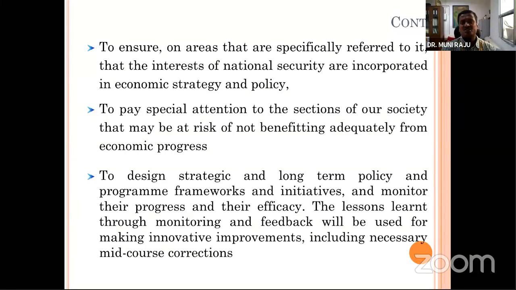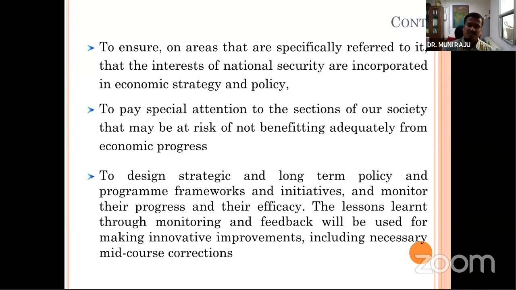To pay special attention to the sections of our society that may be at risk of not benefiting adequately from economic progress. We all know that in Indian society, we have certain segments of the population which have remained very backward and poor, especially the tribal population, scheduled caste population, backward class population, minority population, and disabled population. These are the segments of people who have their own problems because of the social hierarchy, the social system which